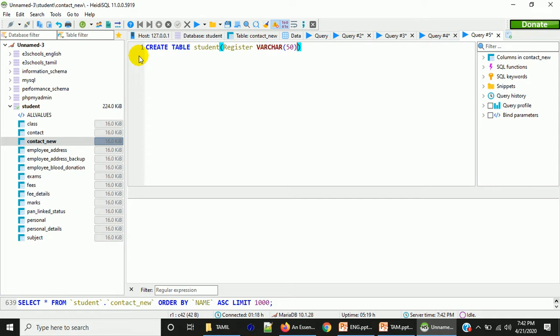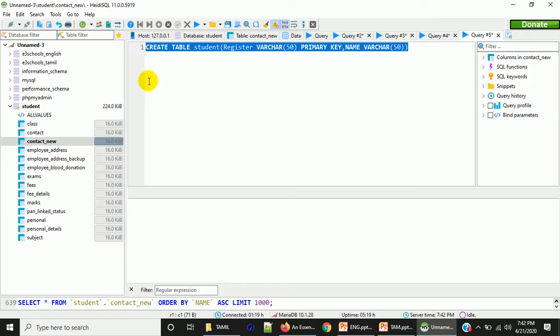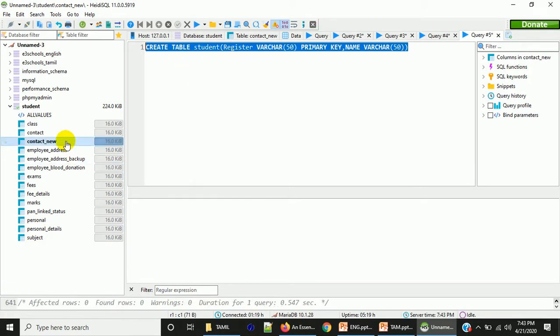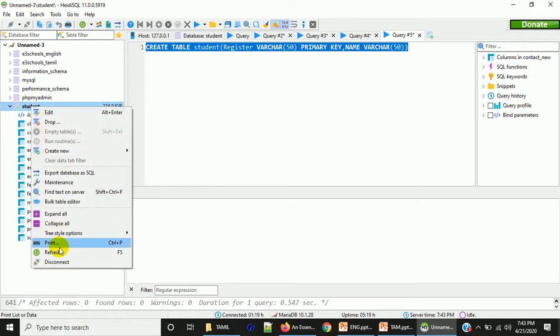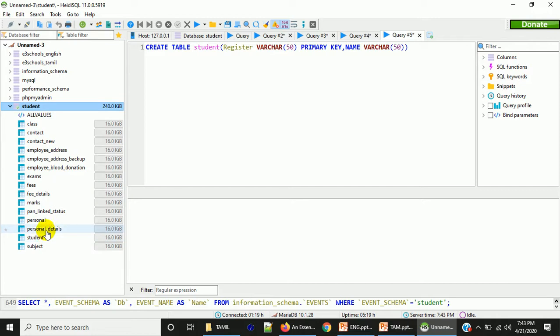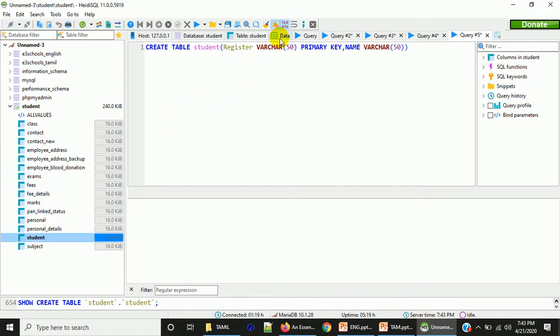Obviously register number will be primary key, followed by his name, 50. So this is the first table. This table will have only two columns, register number and his name, we have created. So we have this table here.